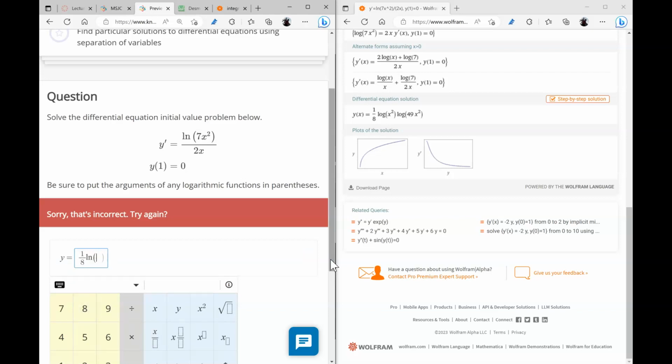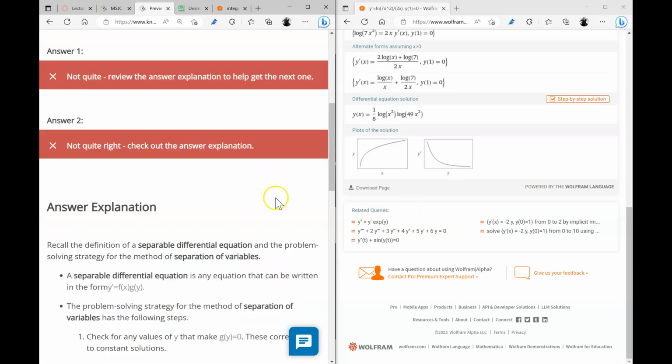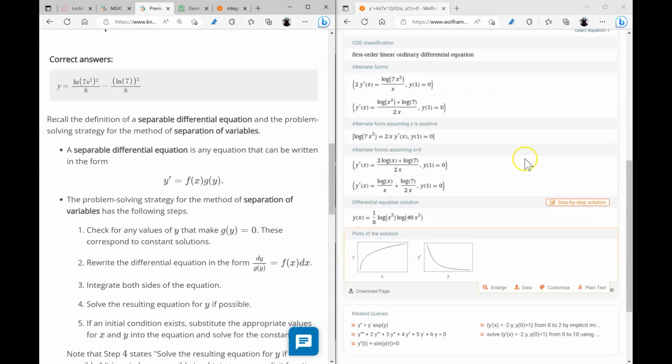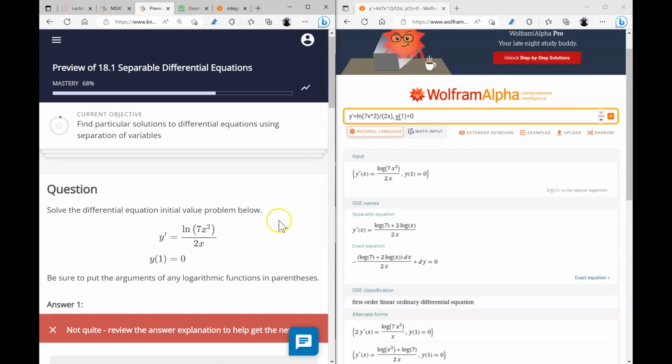So ln of x squared times ln of 49x squared. Is this going to be the right answer? Well, this is bizarre because